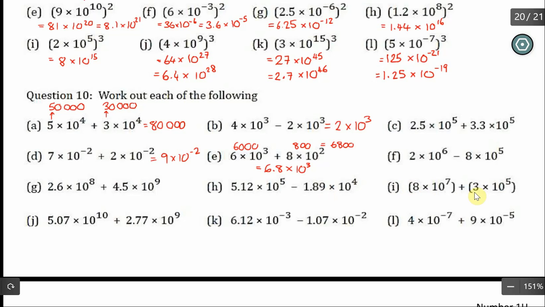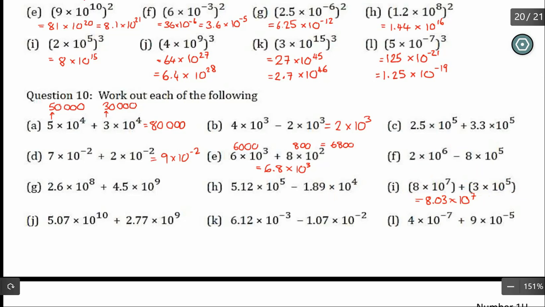Question I, tricky because they differ by 2. So this is going to be 8 point, and it's not going to be the 3 next because that would be if it had a power of 6. So it's going to be 8.03 times 10 to the power of 7. And if you're not sure why, write them out as ordinary numbers, line them up one under the other and add them together, and you'll see why there has to be that 0 there. Okay, with a subtraction one,